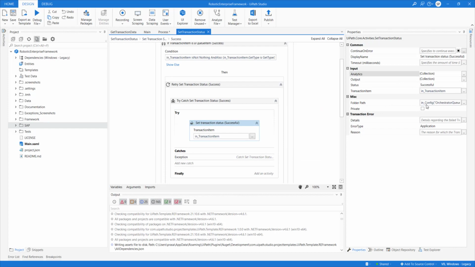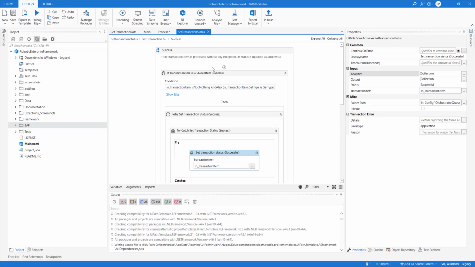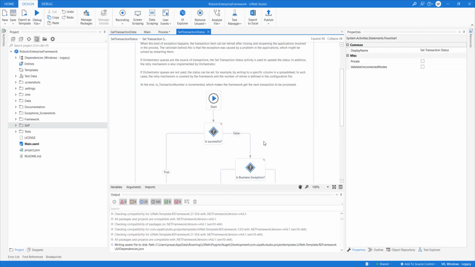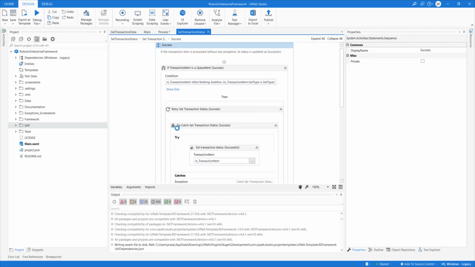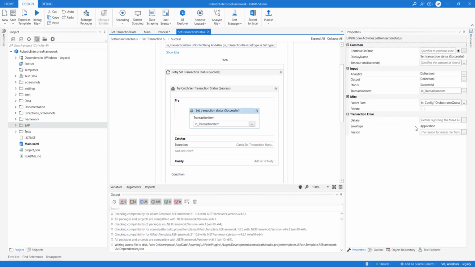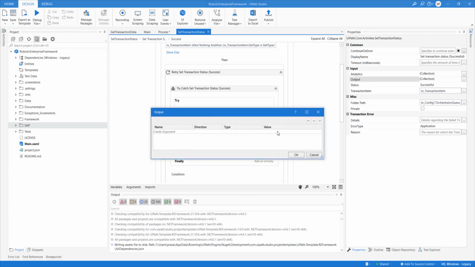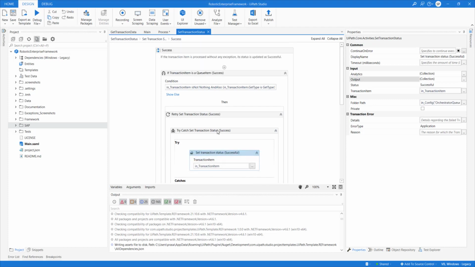In the queue name, which is coming from the config, and then we are setting error type as application, and that's all. So if it is a failure or success, we are setting it that way. If it is a success, we are again setting the transaction status as successful, right? And you should be able to put all the information here. So it's the same thing that we did yesterday.